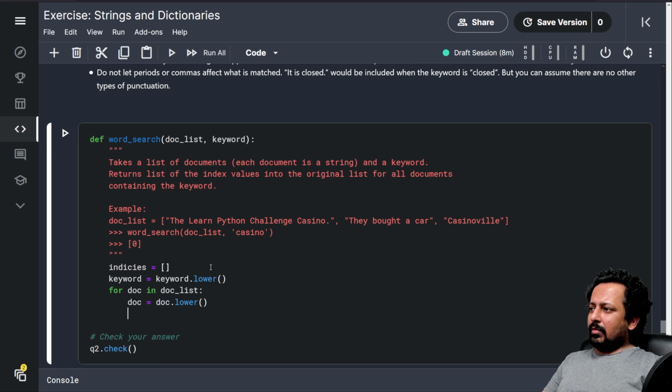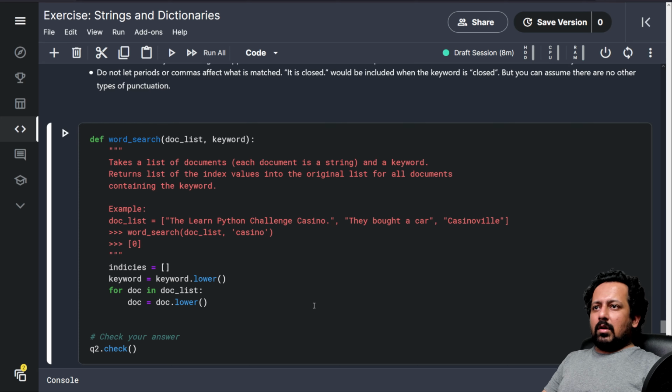One thing that we have to do now is split by spaces to remove the words. So you can split by a single space, or you just don't specify any argument and it's going to split by all kinds of white spaces, including new lines and tabs and all weird white spaces. But before that, you also need to take care of commas and periods. So like this dot here.